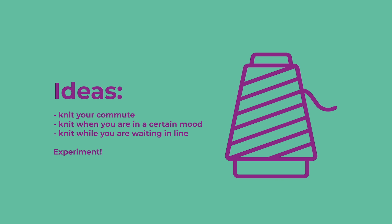Some other ideas of things that you could knit to knit your data is, for example, knitting during your commute to see how much time you spend commuting or in the car or doing a certain activity or waiting in line. And with these records, you get like a tangible visualization of